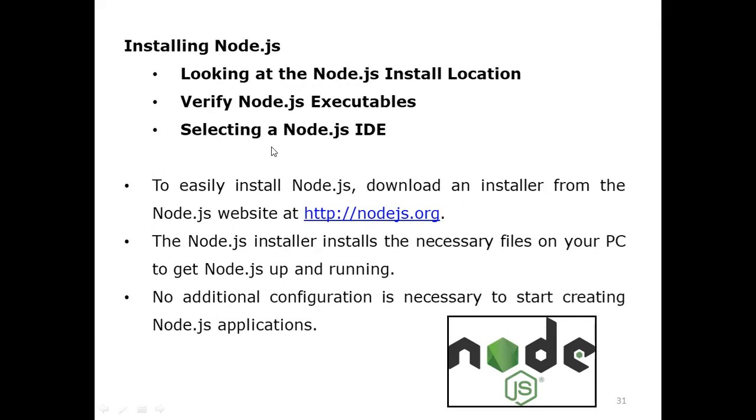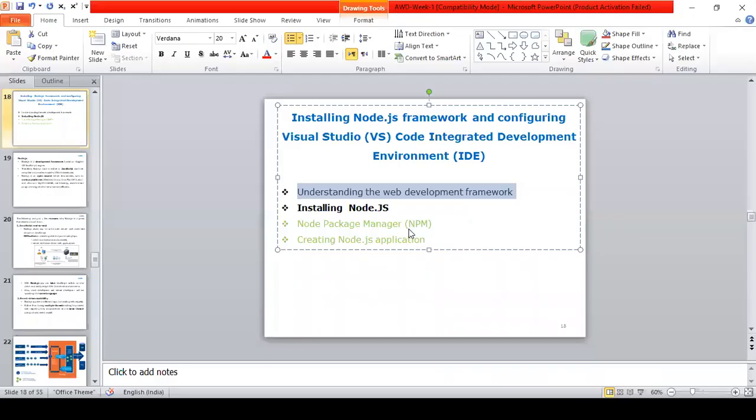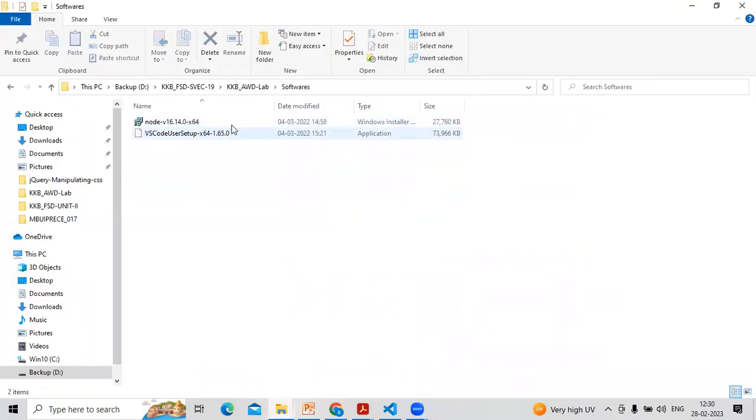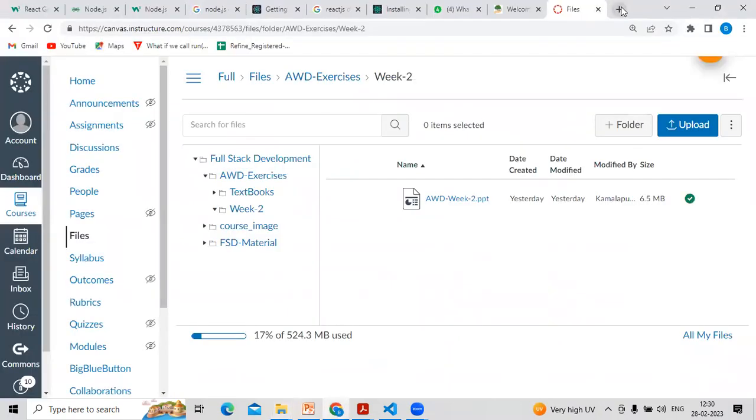You can select any IDE. One example of an IDE is VS Code. That is the code editor you are going to use to write Node.js, though you can use any IDE. Now coming to the installation process, once you download it from nodejs.org, the software looks like this, a file. Once you download it, go to that particular page,